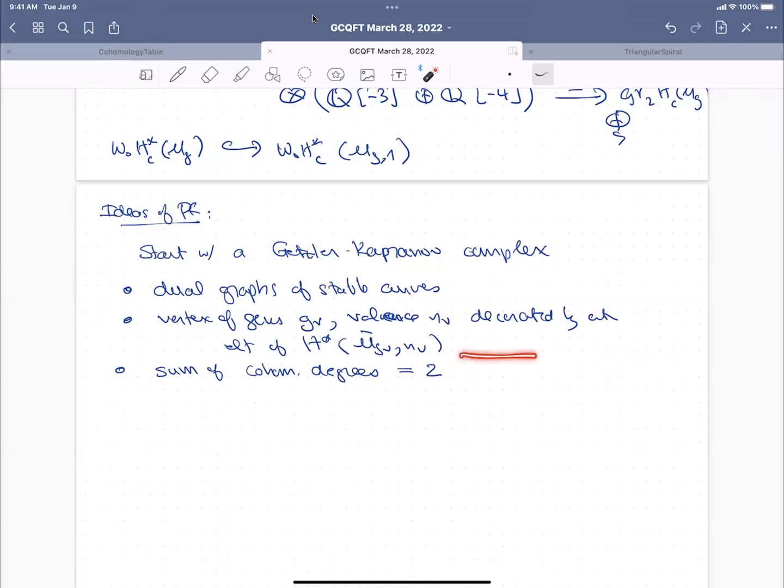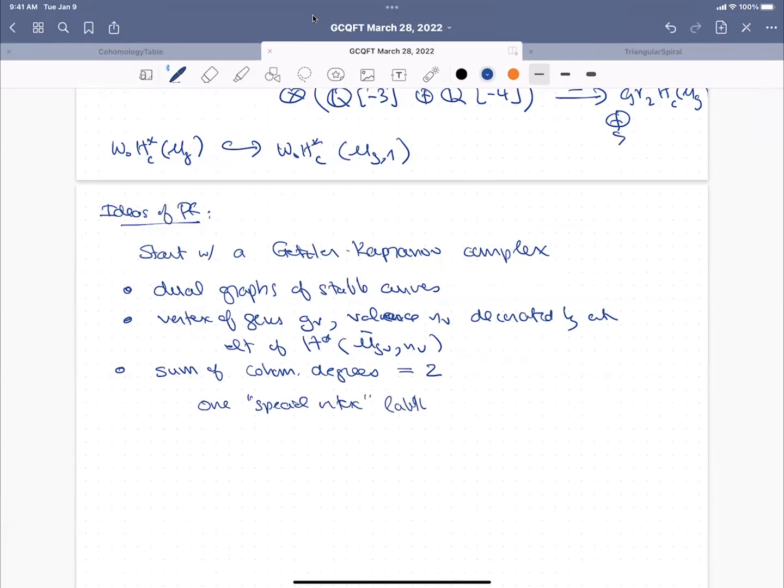And in forthcoming work with Jonas Bergström and Carel Faber, we've shown that H7 and H9 also vanish. H11 does not vanish, and things get really rich and complex in higher odd degrees. But in any case, when the sum of the cohomological degrees is 2, there can't be any labels of degree 1. So that means that there's one special vertex